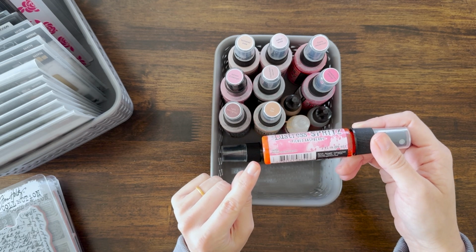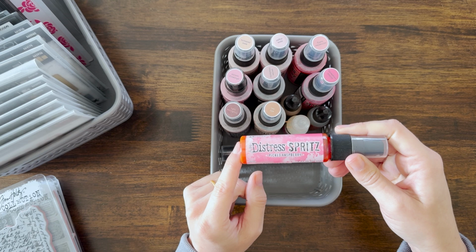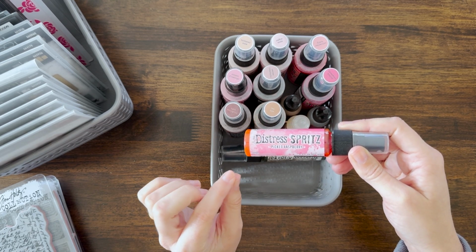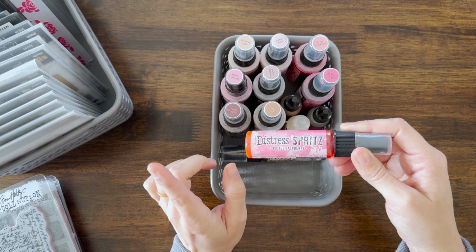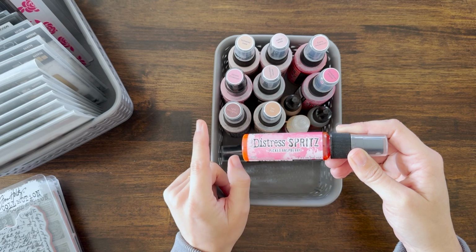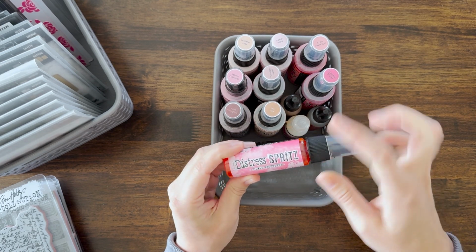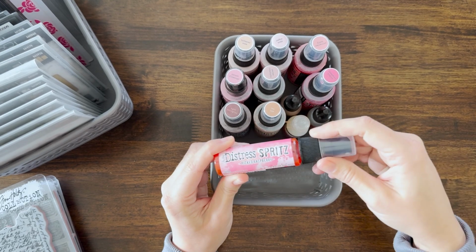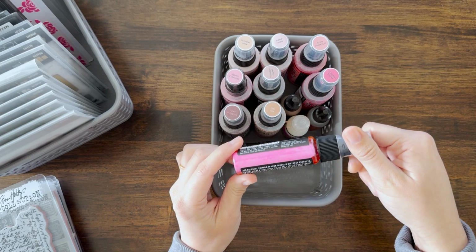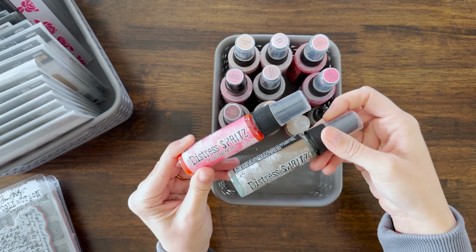What these are is a colored liquid with a colored mica in it. The mica sprays from Ranger are similar. They are a clear, no, I lied. I think they're a colored spray with just a silver mica, and these have a colored mica that goes along with the color palette. So, you know, I don't know. I just don't use a lot of the mica sprays, and I don't spray a whole ton. I use them in different ways, but I have the first set, so I'm going to try to be intentional